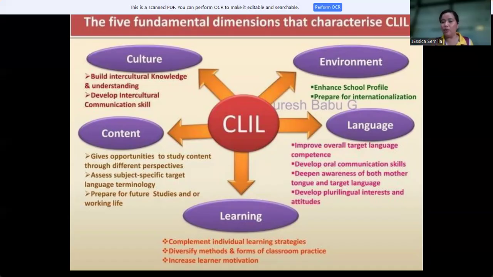Basically, the culture and content are utilized as a springboard, or as a text, or as a strategy in putting the language itself inside the culture and content, meaning the culture and the content are integrated in the learning material or instructional material that is being utilized by the language teachers for the language teaching and learning process of our students. So if you're going to look at some instructional materials, there are stories of Marinduque or stories of any other culture,